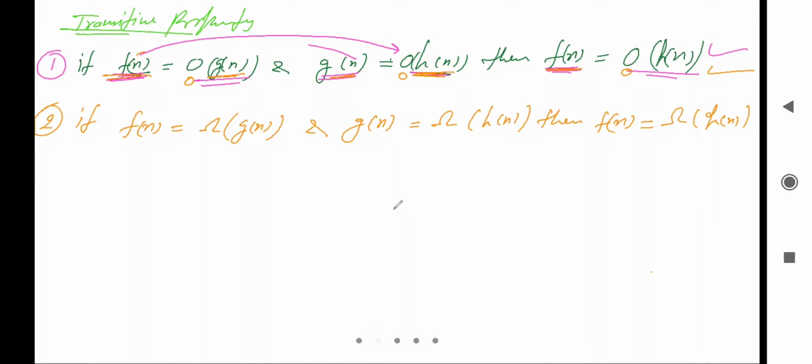Yes, definitely it will satisfy the omega condition also. So in case of omega also it is transitive. How is it transitive? Let's see. If f of n equals n square, and here it is n, so it will satisfy the omega condition. Yes, it will satisfy the omega condition. And g of n is what I got, this is n, so here it is n equal to omega of n cube, assume not n cube, let me say g of n is n,